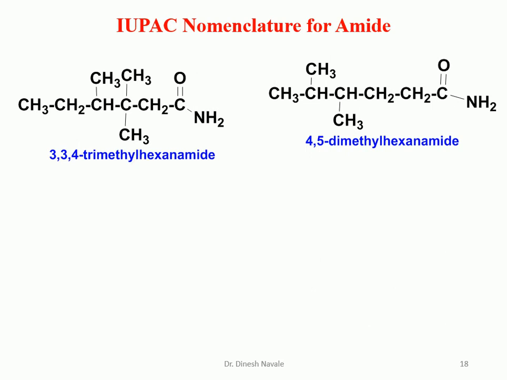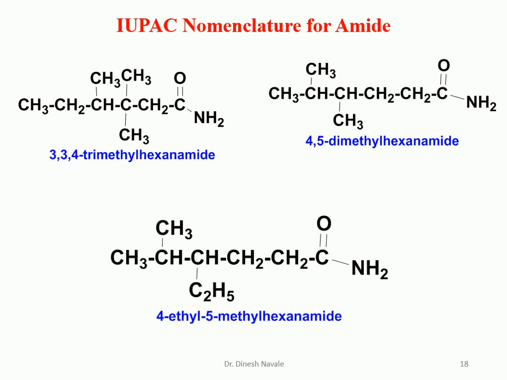Next, very first we have to see the amide as the functional group. We have to check the longest possible carbon chain. So it is carbon number 1 starting from the amide carbonyl carbon, then 2, 3, 4, 5, 6. 6 carbon atoms, hexane. So in case of the amide, E will be replaced by amide, so it is going to become hexanamide. What is the position of the substituent? It is carbon number 4 and carbon number 5. 2 methyls are there, so utilize the prefix di. So it is going to become 4,5-dimethylhexanamide.